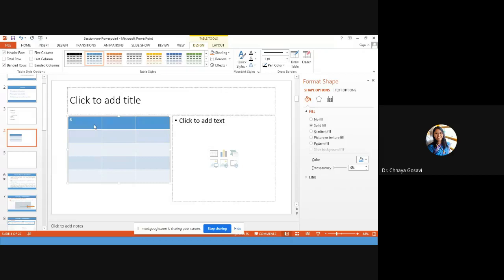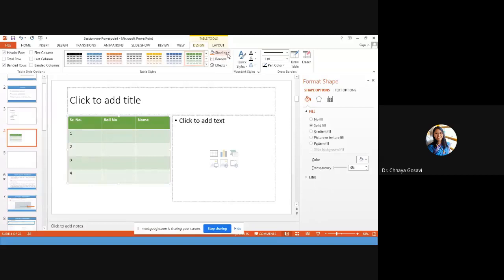For example, here I want serial number, roll number and name. We can add a number of rows and columns to this existing table. Suppose I want to add one more column, right click and insert a new column. Or here you can see, if I click on this table, the Format toolbar is added for table tools. In table tools, I can decide which is my header row, the total number of rows, and the color theme for my table.